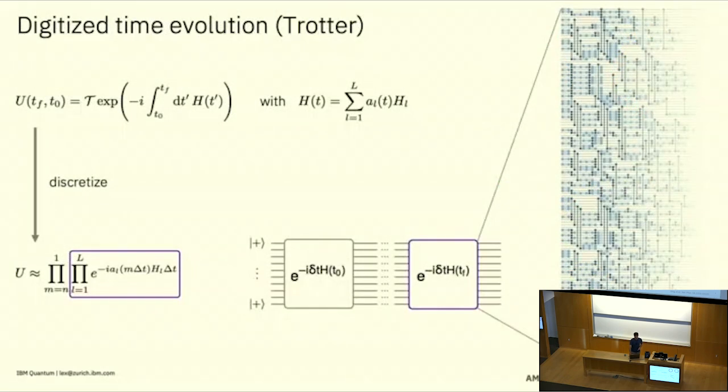So the crucial difference is that we do this digitized, so we don't do analog simulation, but we implement this time evolution in a digital way. So we use a very simple Trotter formula of order 1 to discretize the time evolution operator, and then end up with this very structured layered circuit that I showed you in the beginning, where now each time step, or each additional time step, means we prolong the evolution time. So each layer is decomposed into many, many gates here, and I'm just flashing this example of one of the experiments that we did to show you that